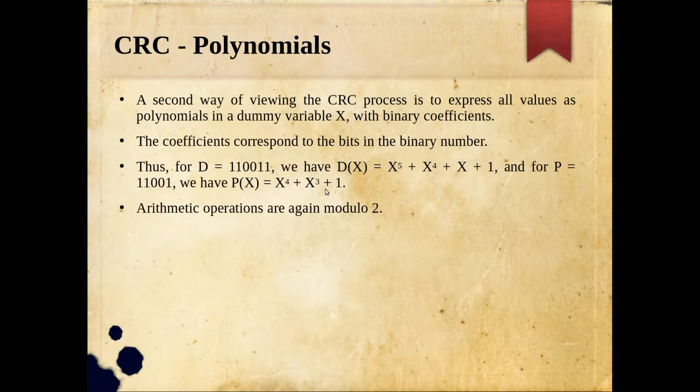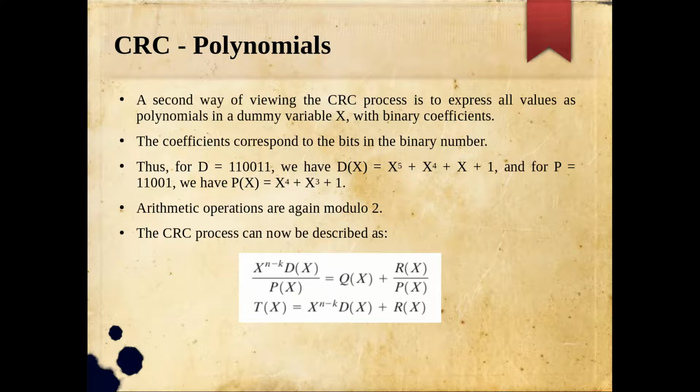So again we will do the same arithmetic that we already saw, that is modulo 2 arithmetic, which is otherwise the XOR arithmetic. So the entire CRC process can be described like this. As usual we have the original data, now we are calling it a polynomial of variable x, d of x. In the previous example, what we did was multiply this d of x with 2 raised to n minus k, because you are appending that many zeros at the end. Now appending that many zeros at the end is equivalent to shifting every bit of the original polynomial towards the left, right?